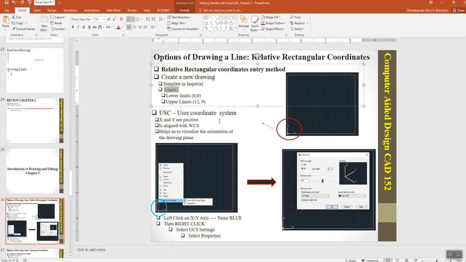Okay, that's a coordinate system. It helps us to visualize the orientation of your drawing. That's what we need the coordinate axes for. It's almost like a GPS, so to speak. And you see that it's going to be an X and Y right here. And if you want to change that for any reason,